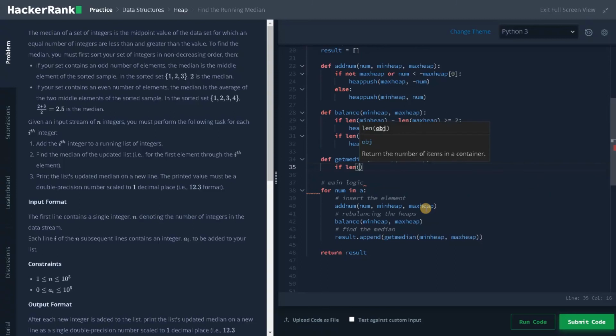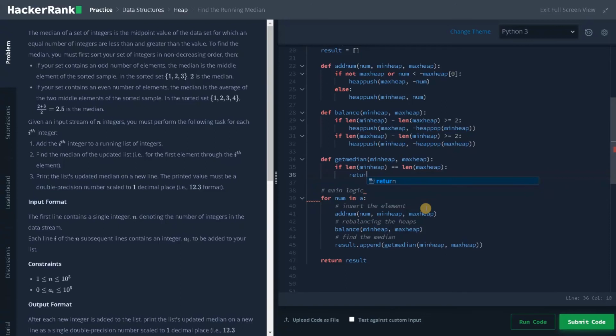So if len of min heap is equal to len of max heap, return, using the brackets, min heap of 0 minus max heap of 0, divided by 2. Again, in max heap the number is in the negative form. Using minus, we will convert this into positive. So two numbers will be added and we will average it.